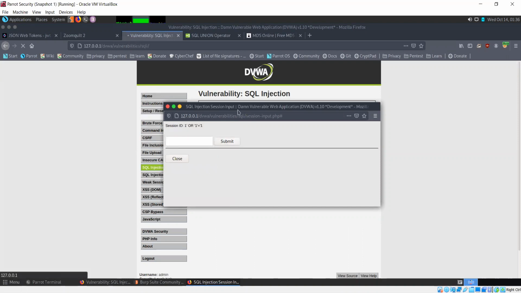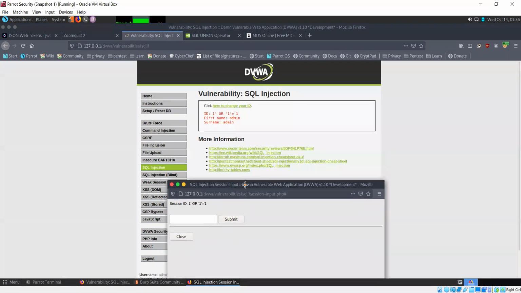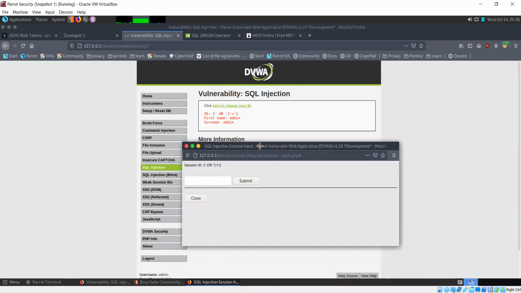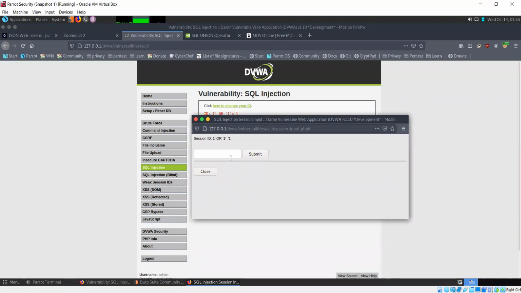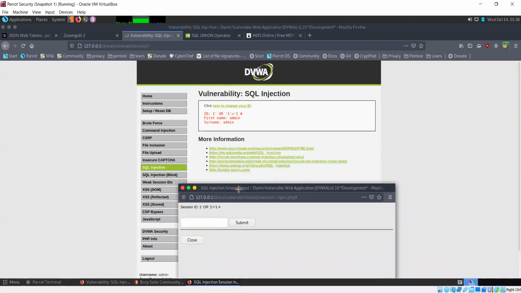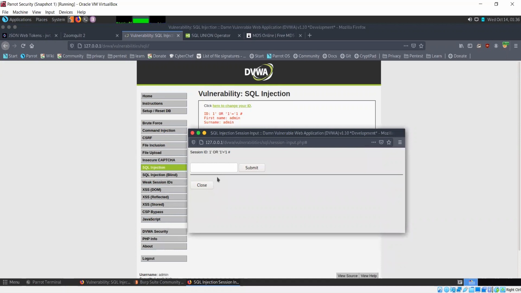If I submit this, this is not directly going to work. Let me try adding an octothorpe here so it comments out the rest of the statement. Even that is not working in this case.